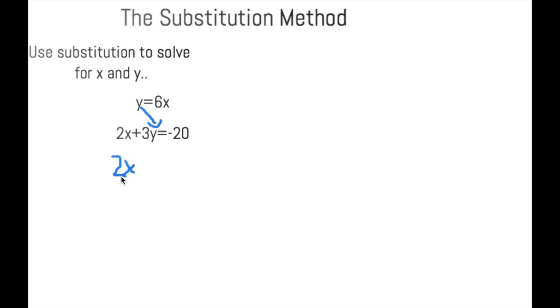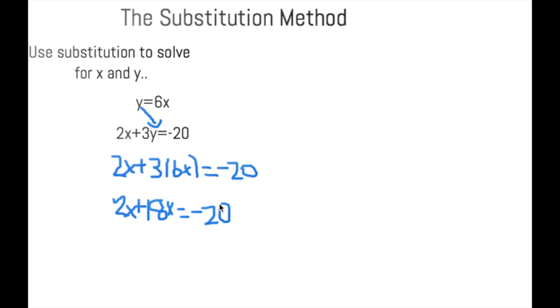So it's 2x plus 3 times 6x equals negative 20. So 2x plus 18x equals negative 20. And you can combine these two. So it's 20x